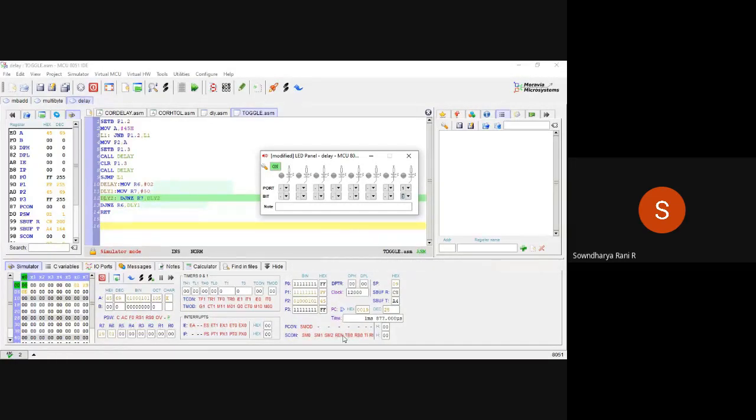You can check the time also here, right? For every 0.2 millisecond, it will change, right? So do you have any doubts in this program?